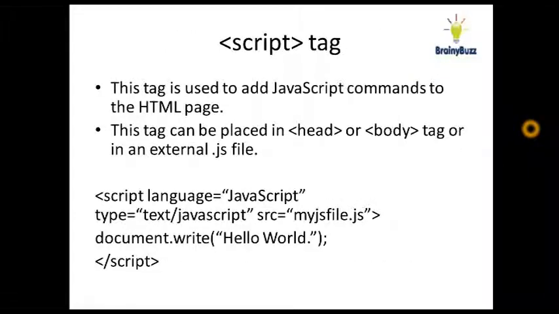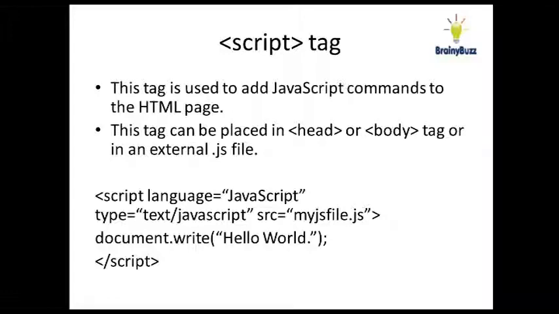Another thing, in the CSS tutorial you might have seen a style tag. Your style tag is used to write the CSS, and it is basically included in the head tag. But your JavaScript is written in the script tag, and your script tag can be included in the head or body tag, wherever you want to place it. Like in CSS we can also import an external .css file, here also in JavaScript we can import a .js file. That means we can place our script code in another file, a JavaScript file, and import that file in our code.